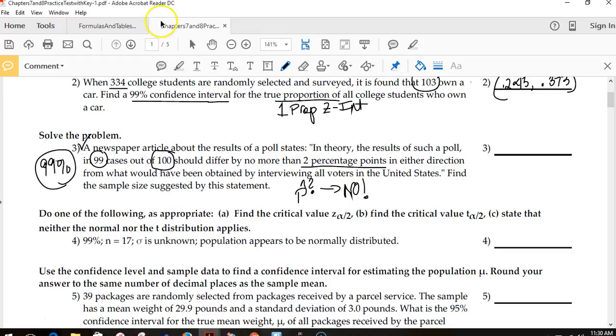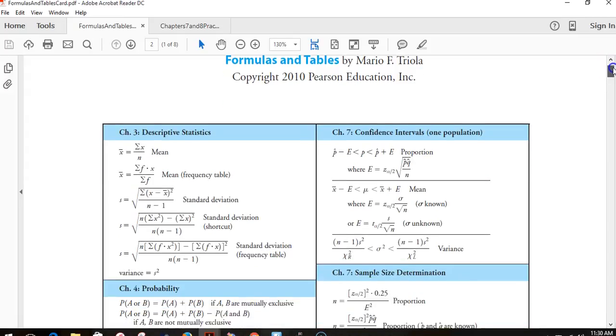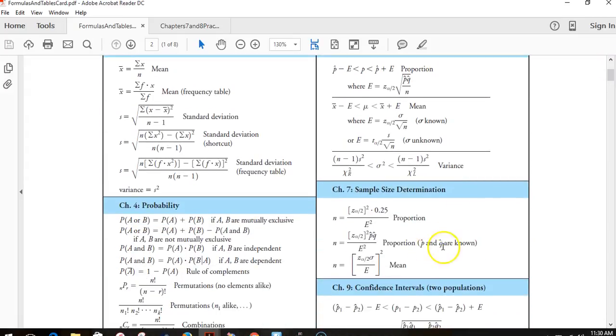When I go to my formula sheet for sample size determination, I'm going to have to use the one that says p-hat unknown, because I don't know what happened in the study. And so I'm looking at the critical z-value that corresponds with that alpha, or in this case the beta value, the confidence interval percentage, squared, p-hat times q-hat. And if you don't know that, then you assume that it's a 0.5 in both, so we'll use the 0.25,